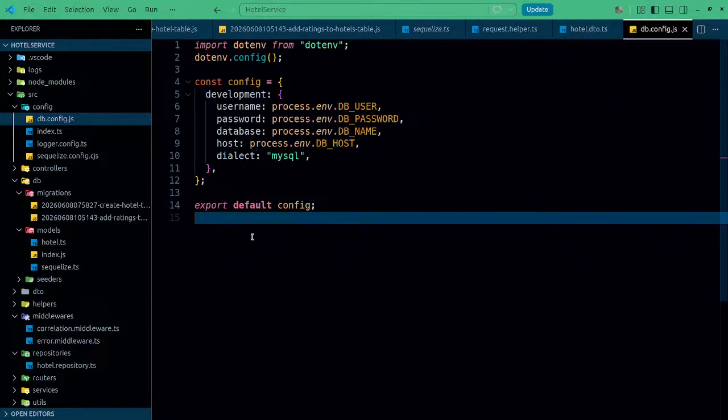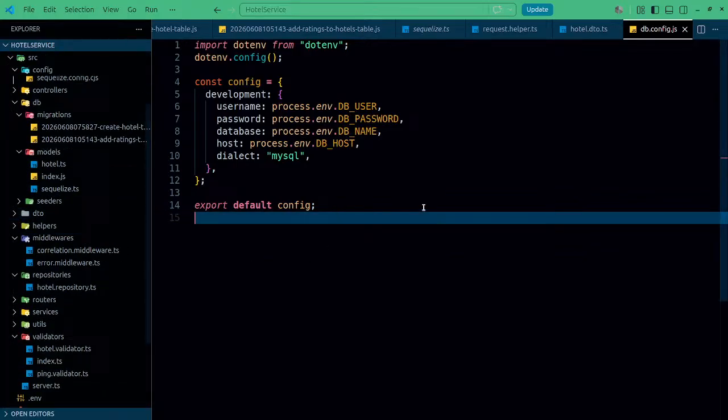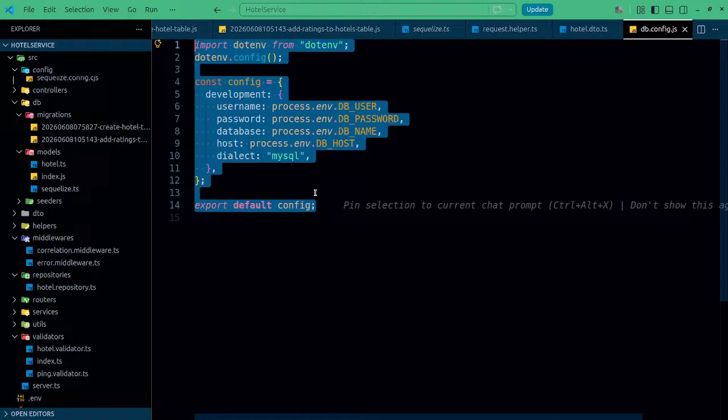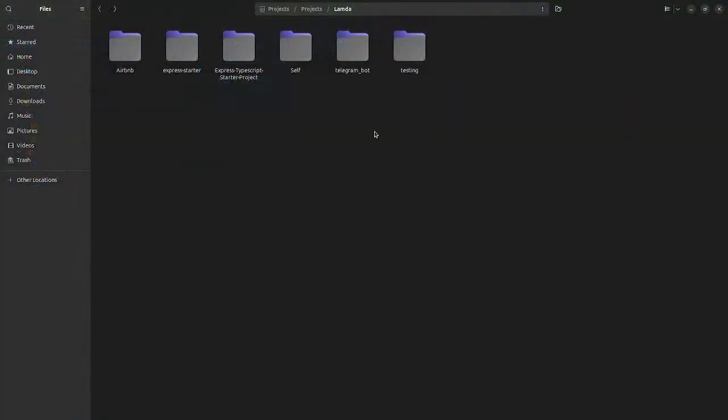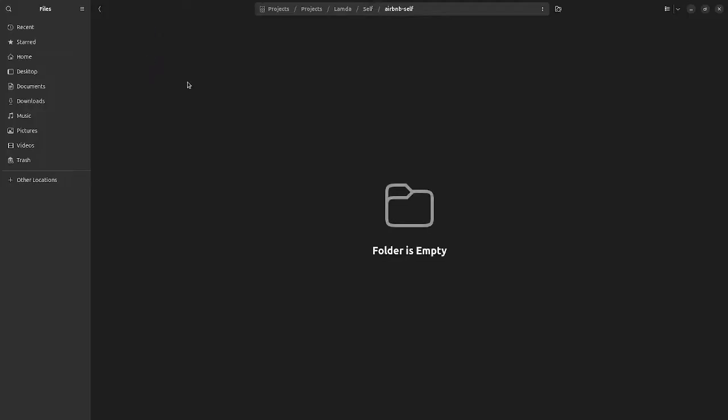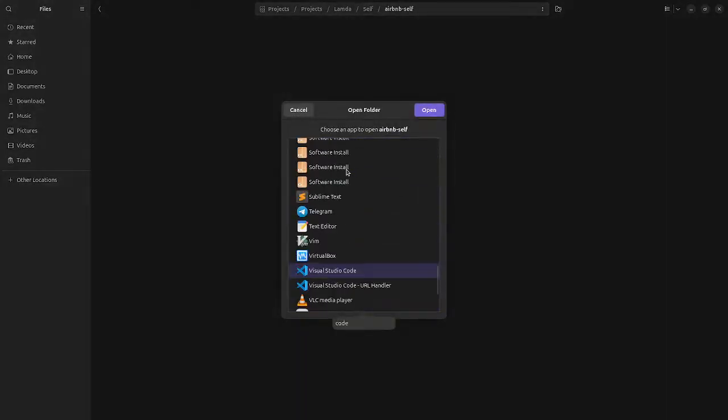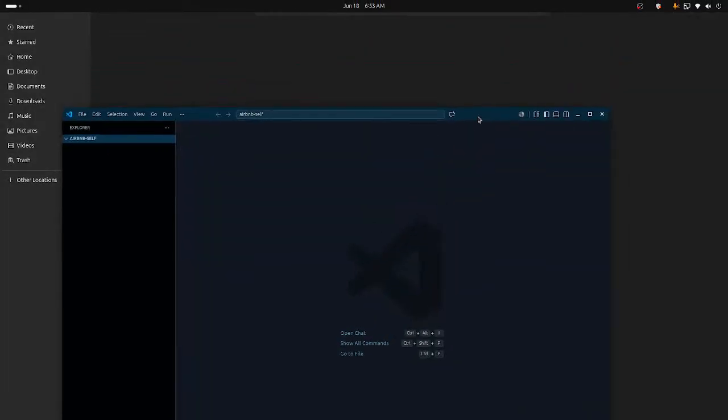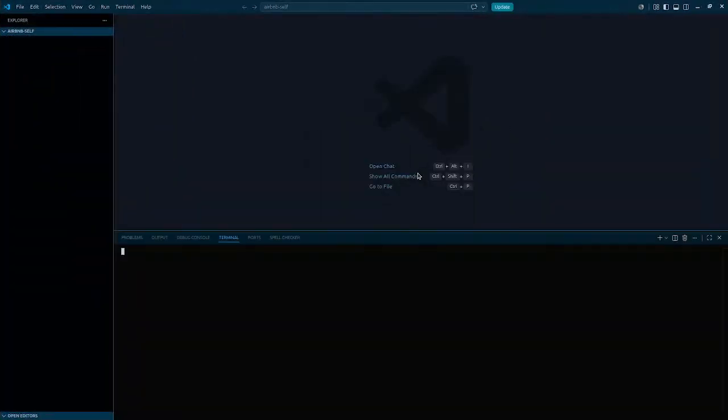Alrighty, I hope I'm audible right now, and let's simply continue from here on. And overall things are clear. The only thing that we need to worry about is implementing this database ORM, exactly how it's implemented, and that is it. Especially when implementing this, we have to keep two things in mind. First one is the migration, second creating the model. So let's do that. And even if we are creating Airbnb self directly, taking the reference from the written code, that's even fine, because the main code is not the